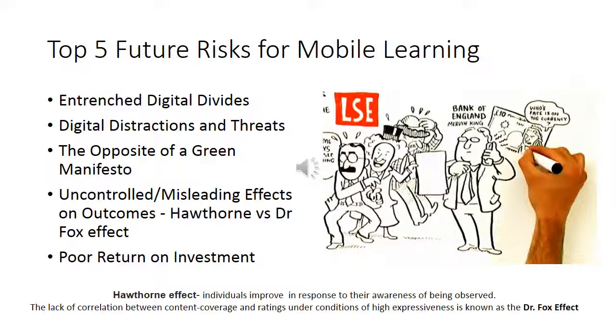There are risks for mobile learning. The push to mobile learning will further entrench the division between those who have digital devices and those who do not. Distraction is a big threat because of multiple objects requiring our attention. It can have an uncontrolled and misleading effect on outcomes based on mobile learning,